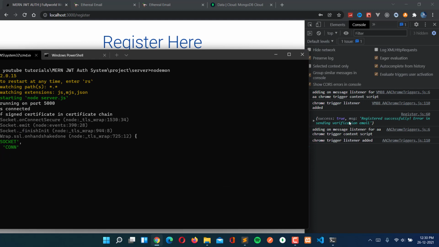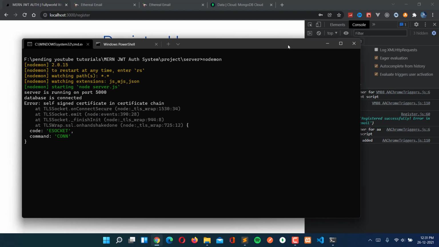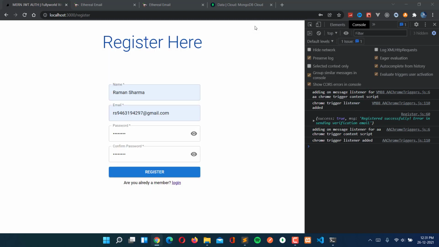Yes, we are getting this error: registered successfully, error in sending verification email. So this can be because of this error, a self-signed certificate error.